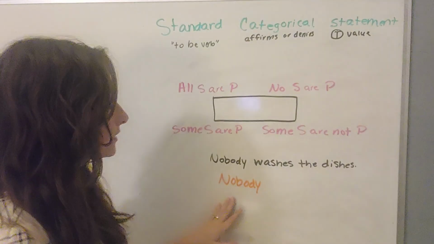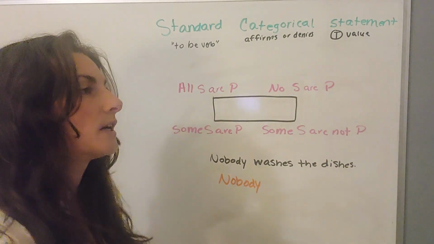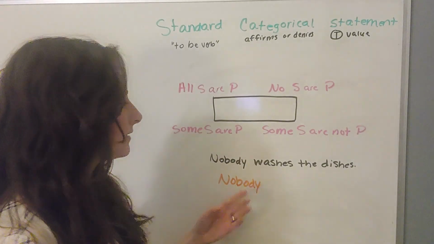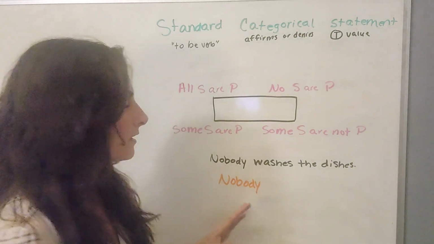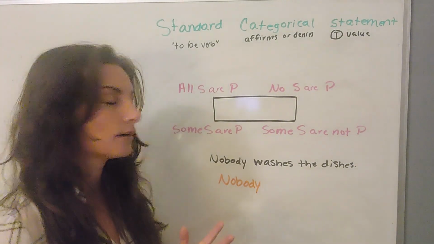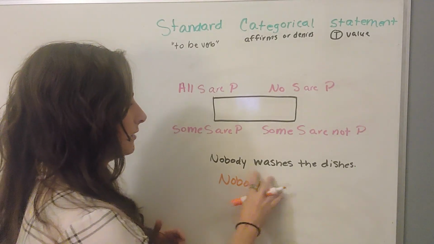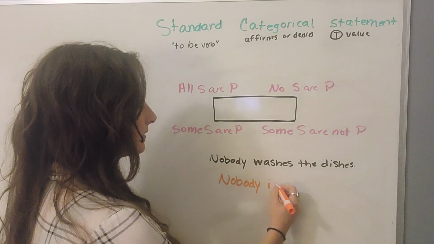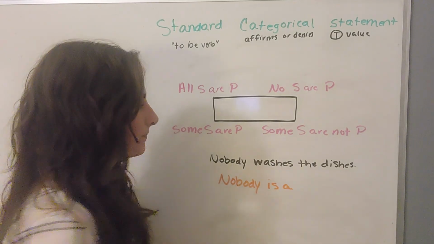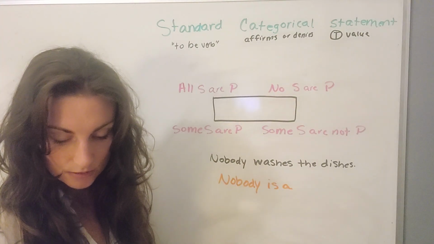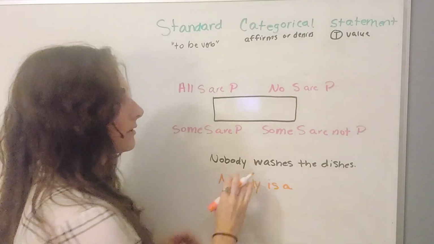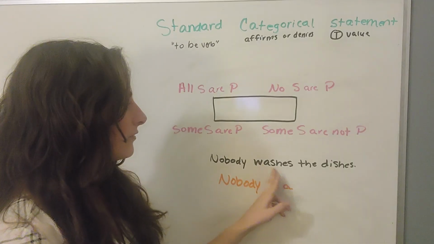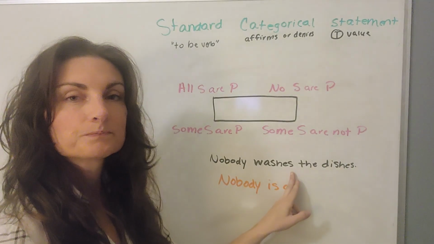So remember, the to be verb has to agree with the number of the subject, and it has to agree with the tense of the verb. Okay, so nobody is a singular noun, and washes is present tense. So I'm going to do is. Nobody is a. And then what we need to do is change the predicate, it has to be a noun. So what we're going to do is find the verb,